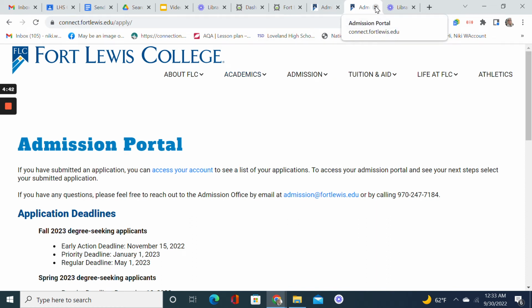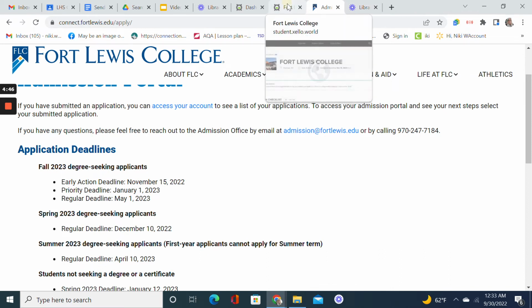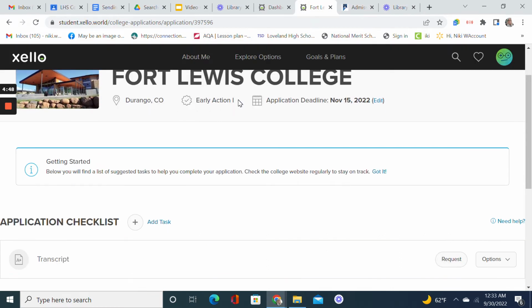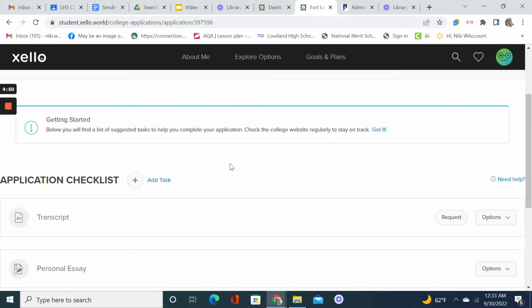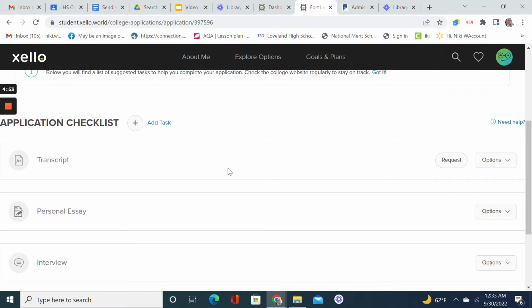All of that is generally really easy to find. I must say I picked Fort Lewis because I knew their website was a little bit easy to get through. Some are not quite as wonderful. All right, so now I have Fort Lewis here, and I want to request a transcript. This is as easy as it gets. I'm just going to click on